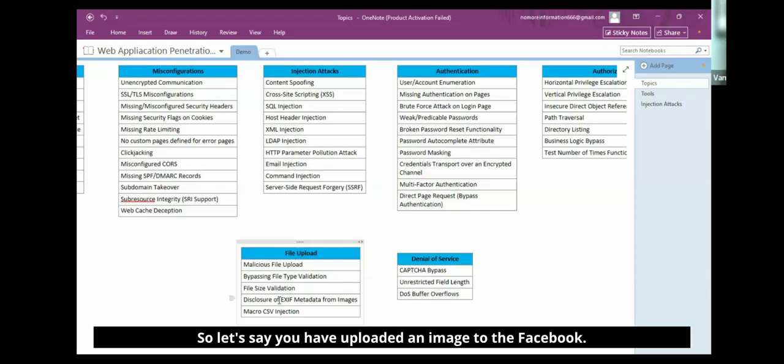So let's say you have uploaded an image to Facebook. Those images are accessible to everyone. So once I download it, if I look at the metadata, it shouldn't be available. Let's say if I'm able to see that you have taken